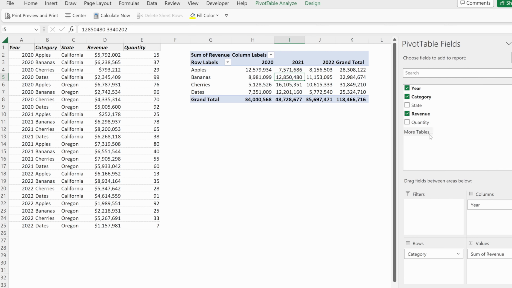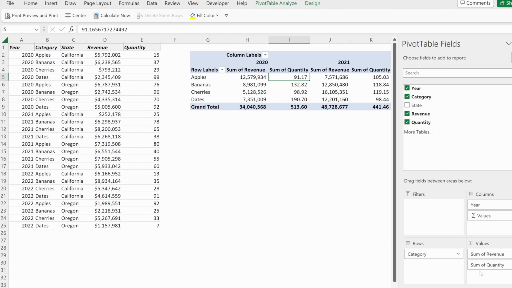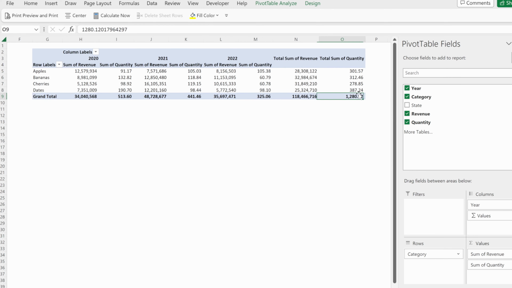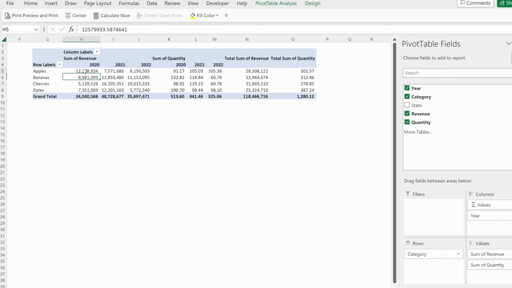Next, what I might want to do is drag in an additional value. So if I drag in quantity into my values section, I now have this sigma values variable appears. And what it's showing me is the sum of revenue and the sum of quantity. If I drag this values above my year, now I can group my revenue and my quantity to see trends